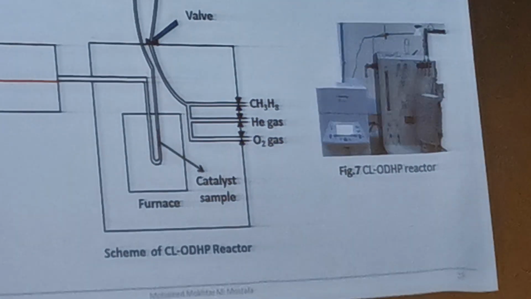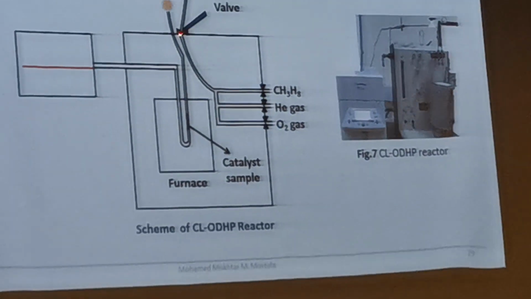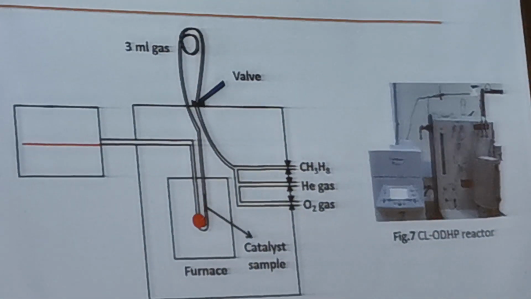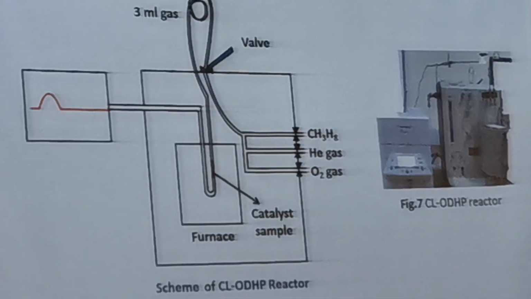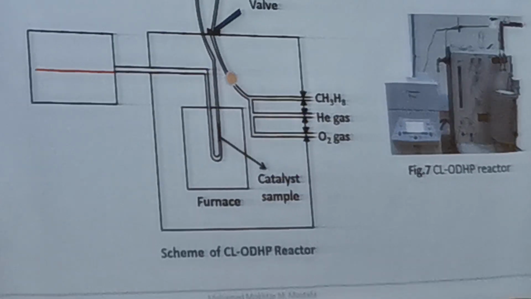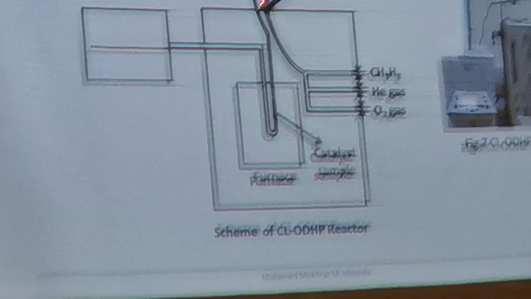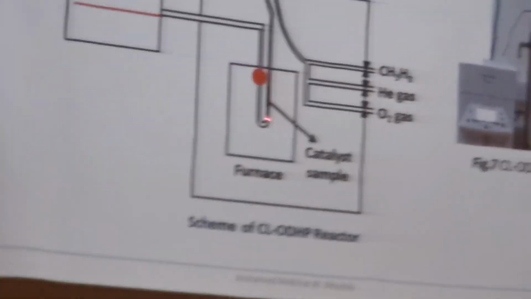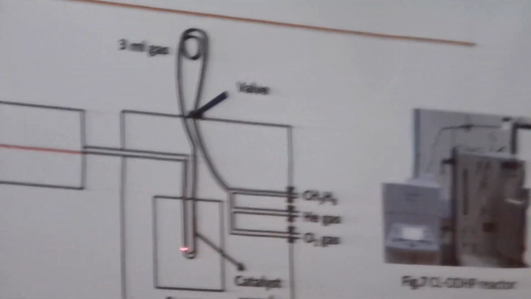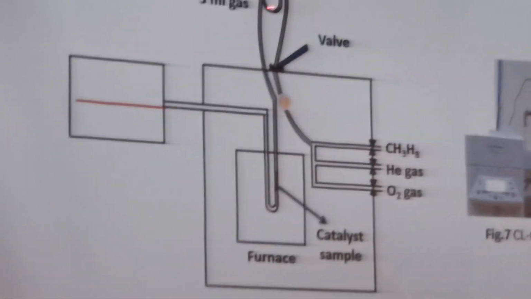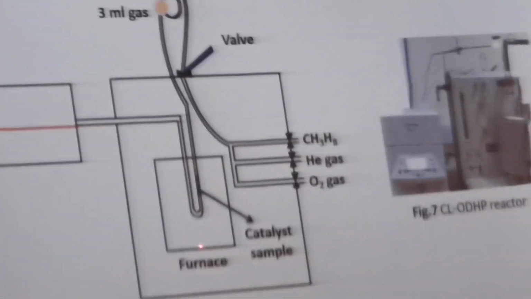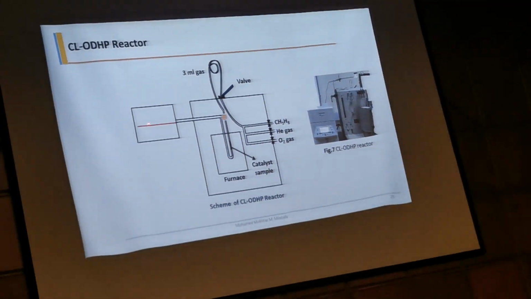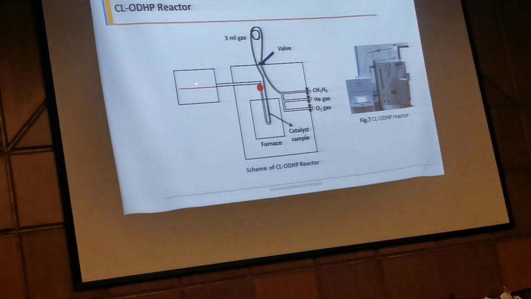Here, we pass propane, controlling it by a valve. So you have a transient pulse. You give only 3 milliliters by opening this valve, then closing it. This propane will pass to the reactor. Here is a catalyst. The reaction takes place at a certain temperature, and the products come to the mass spectrometer